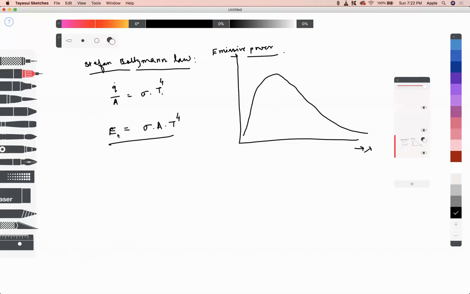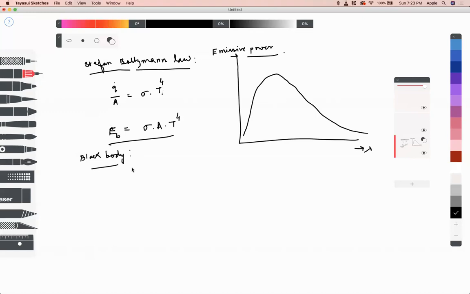In this particular expression, I would like to point out that this is suitable only for the emissive power of a black body. Now, what exactly is a black body? A black body is not supposed to be black in color. I mean, the sun is a black body. The only thing is that it has to emit radiation of all possible wavelengths, and whenever any radiation is incident upon it, it absorbs all the radiation incident upon it. So under those conditions, we can consider a body to be a black body.